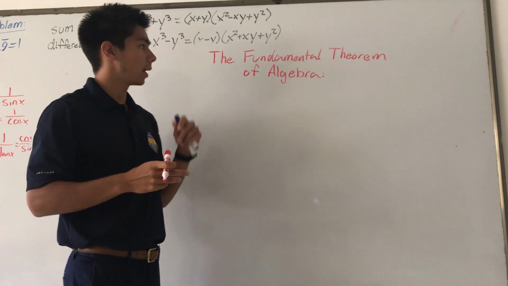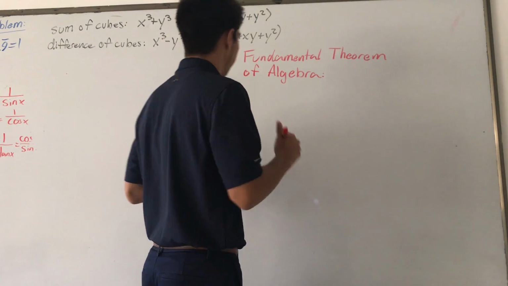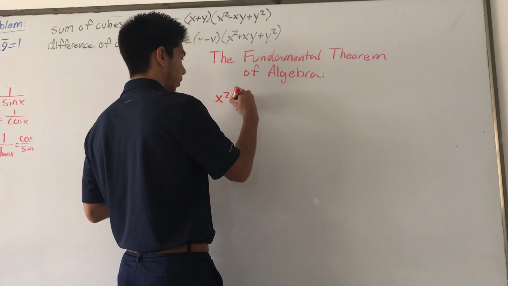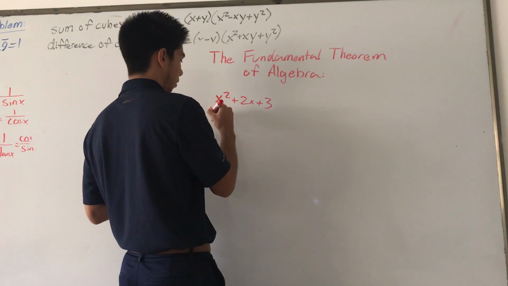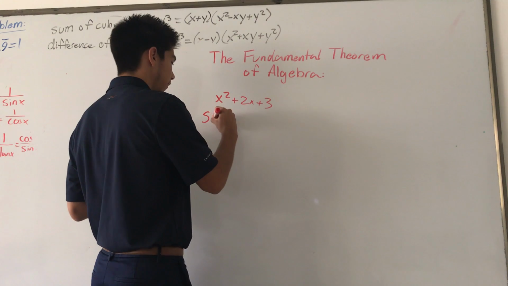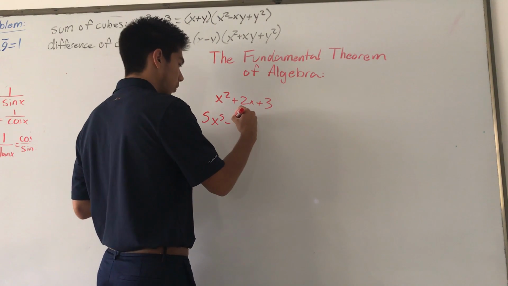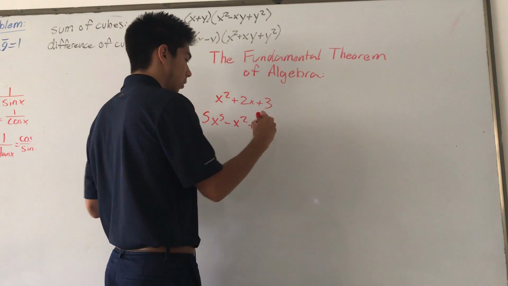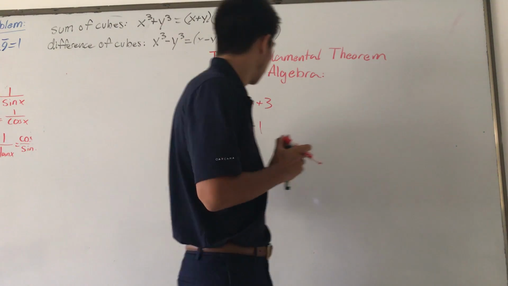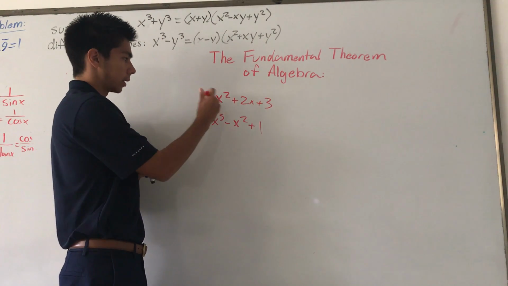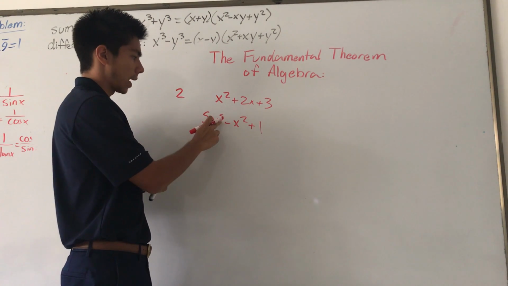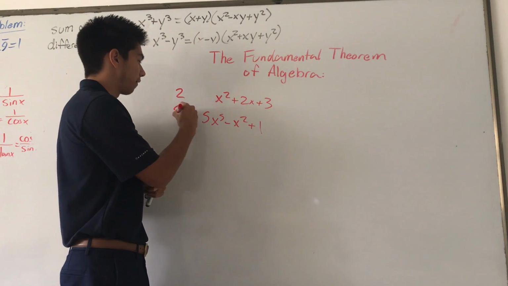So the fundamental theorem of algebra basically states that for every polynomial, so polynomials are functions like x squared plus 2x plus 3, so this is a quadratic. Polynomials can be cubics, quartics, if you wanted to make it like 5x to the 5th minus x squared plus 1. So these are polynomials. Basically what it says is that every polynomial with a degree greater than 0, so this quadratic has degree 2, this quintic one, so the highest power of x is basically what we're looking at, has a degree of 5,